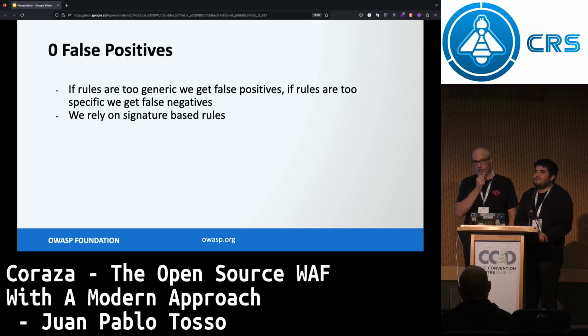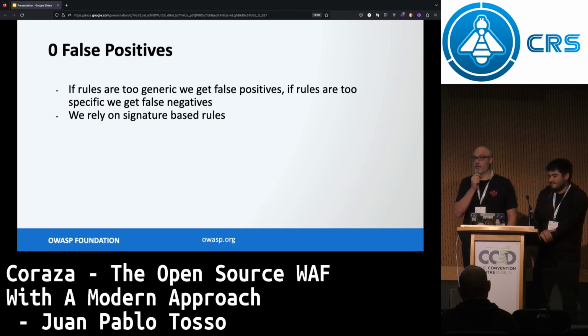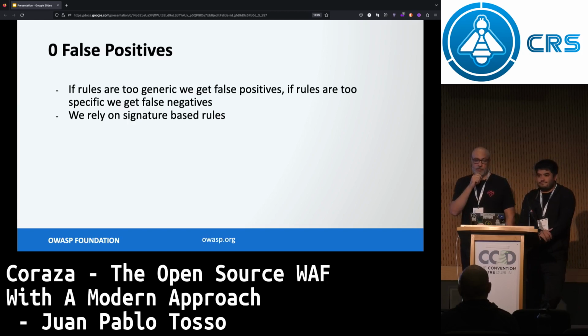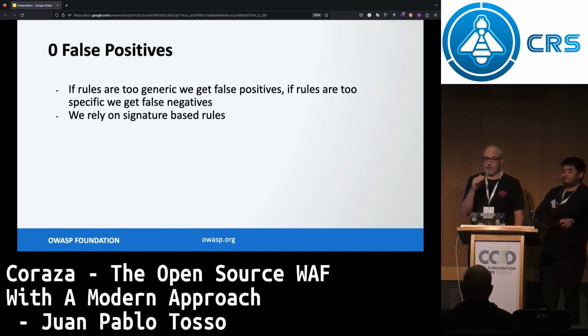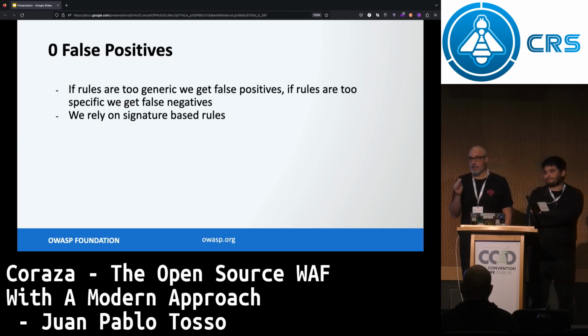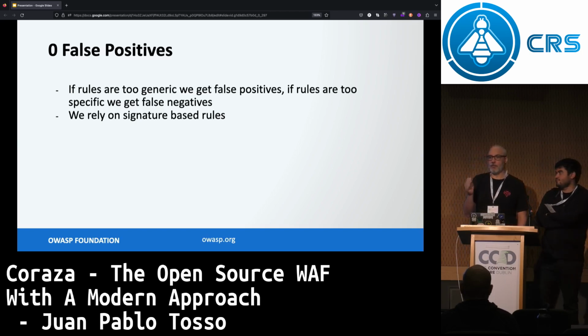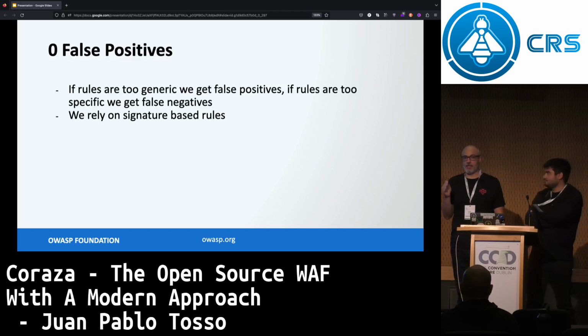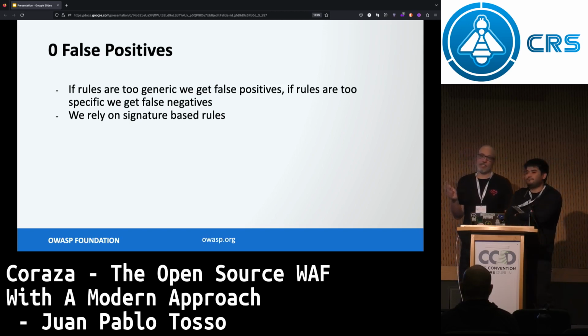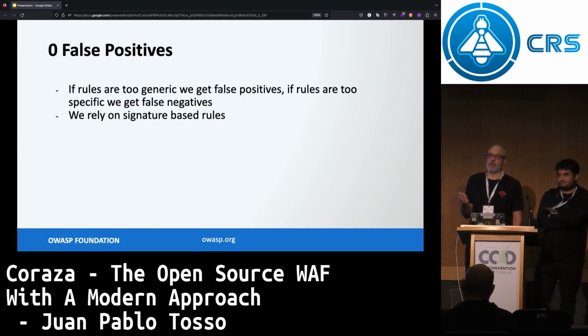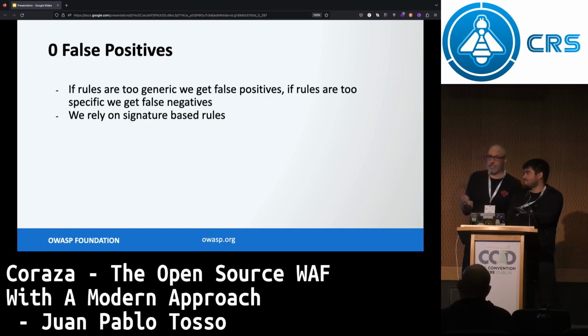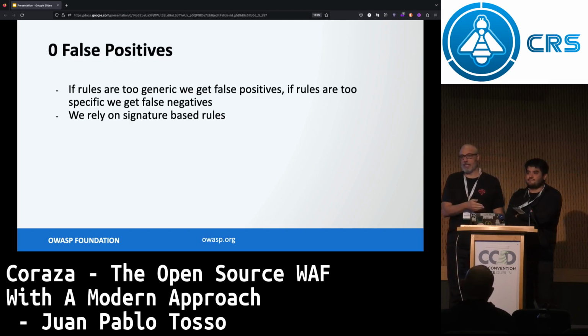So what are the steps to go through this? Machine learning, where should we go? Yeah, we clearly need to enrich what we're doing. Of course, when we're talking about the core rule set, once you get to paranoia levels higher than 1, you're going to have more false positives, but at the cost of having fewer false negatives, which are the ones that you should never have. You should catch all the attacks and let pass anything that is not an attack.